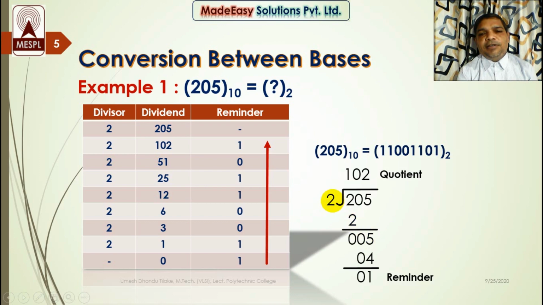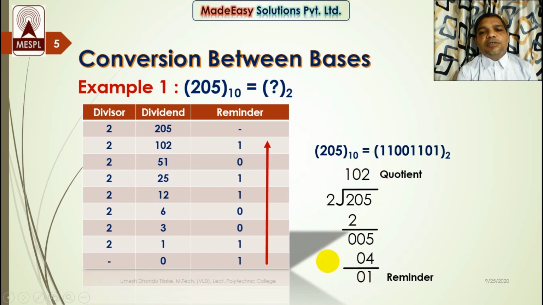So we find again a maximum number in the table of 2 which is just less than this dividend digit, that is 5. So we get 4 as the number. So 2 2s are 4. Now we subtract this 4 from this dividend digit. So 5 minus 4 is 1. Now again, as 1 is less than 2, we cannot divide this one. So 1 we consider as a remainder and we get 102 as a quotient. So this is our conventional division process.